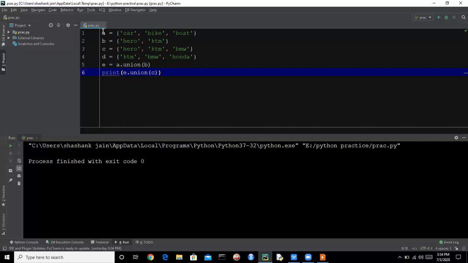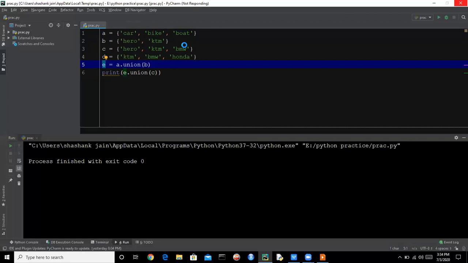We are having A, and then we are doing union with B, and we are saving it to E, and then we are union E with C. So the output will be the whole A set, then the whole B set, and the whole C set.